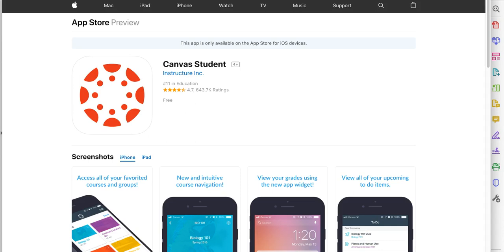Well, a lot of the class can actually be done through the app, through your smartphone, through your tablet, but even more important, I want you to get the app and set up notifications. When you set up notifications, that means if I post an announcement, if I send you an email, if I grade something, you'll get a pop-up on your screen that says, hey, Dr. Liz did something in Chem 105, go check it out.